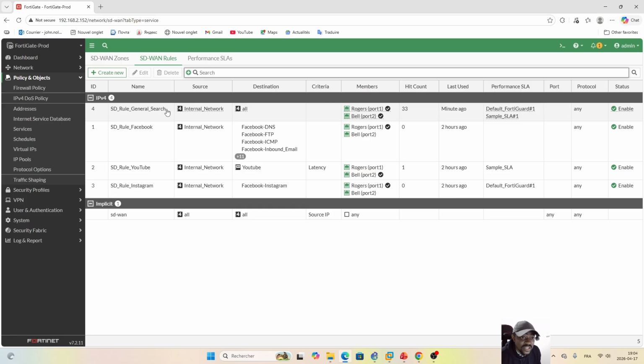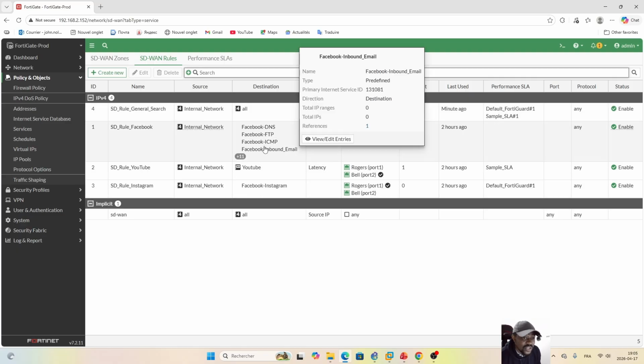But as for this one, general search, as this goes to all destinations, if we put it at the first position here, all the other rules will not be considered, because this first rule already includes all the details that were mentioned in the